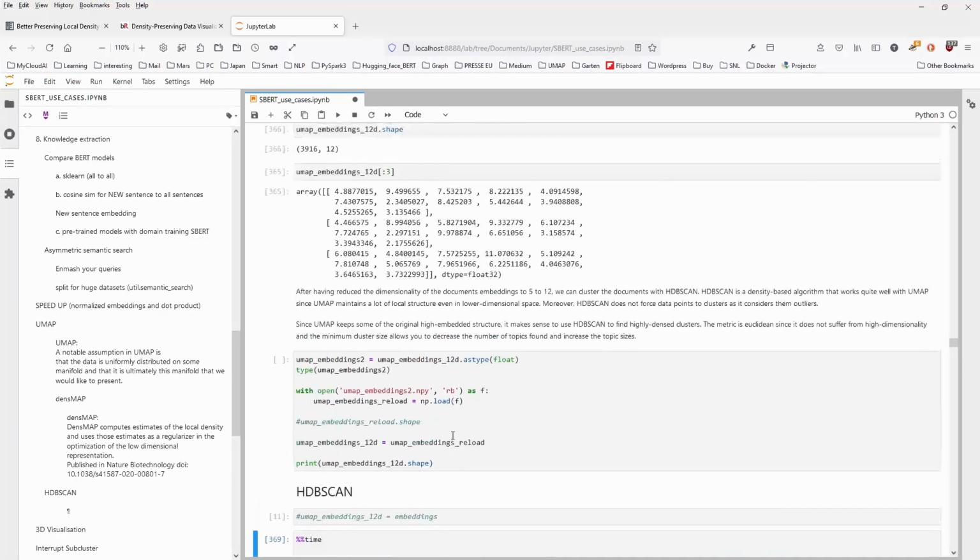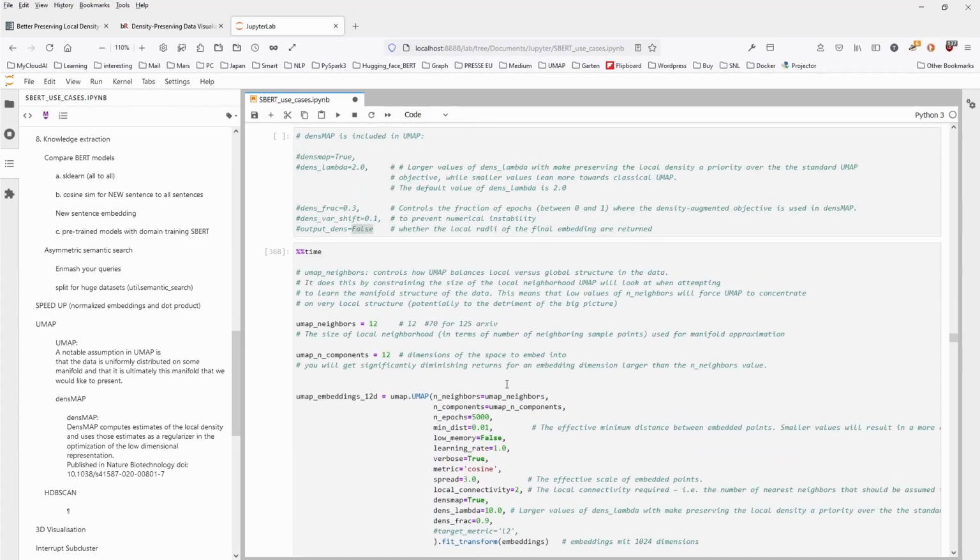So be careful. My data are sentences. If you have some other numerical data that have a clear density function, a clear local focus on densities, and are much more clearly separated, unlike my sentence embeddings, whose sentences are not clearly separated. I mean, yes, you have maybe a topic about physics, a topic about mathematics, a topic about computer science, but more or less, based on the training data, it's all meta cluster science, and then you have subclusters. But if your data are clearly separated, that clearly belong to a different genre, a different data pool, the separation function, even on a local level, would be much better,